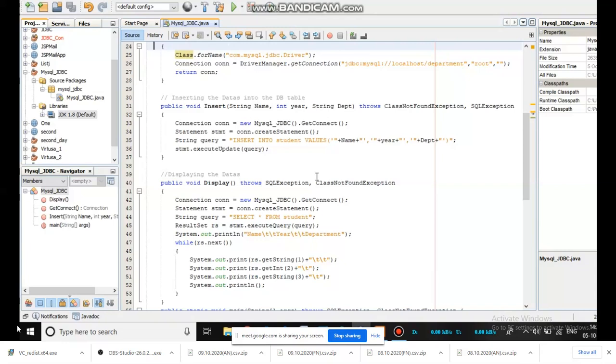We have chosen an integer, a number, for the year. The rest are name and department, both of which are strings. That is the reason why get string of 1, get int of 2, get string of 3. Get string of 1 is name, get int of 2 is year, and get string of 3 is the department.